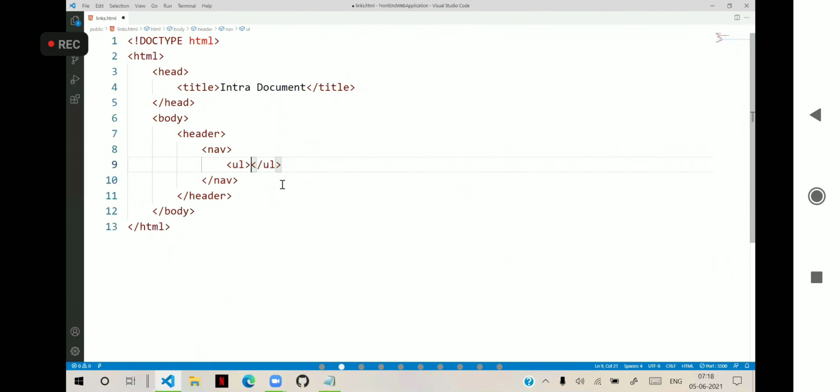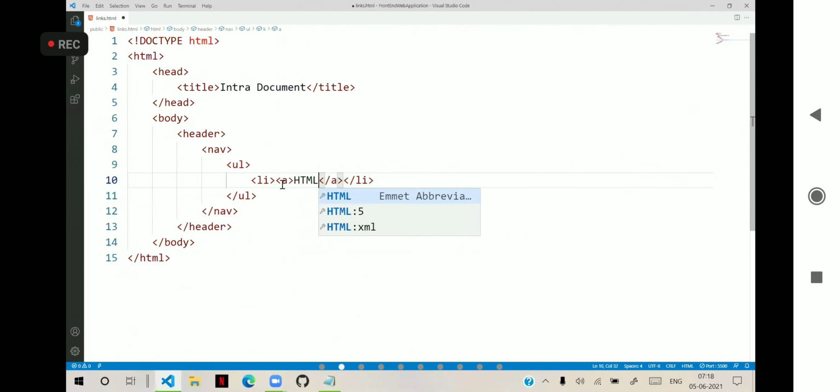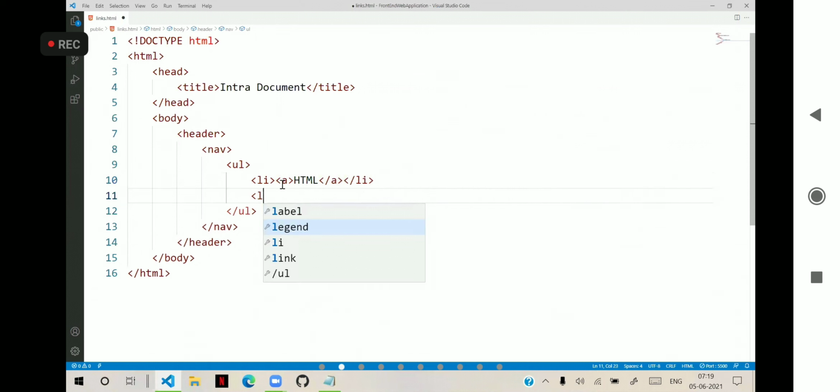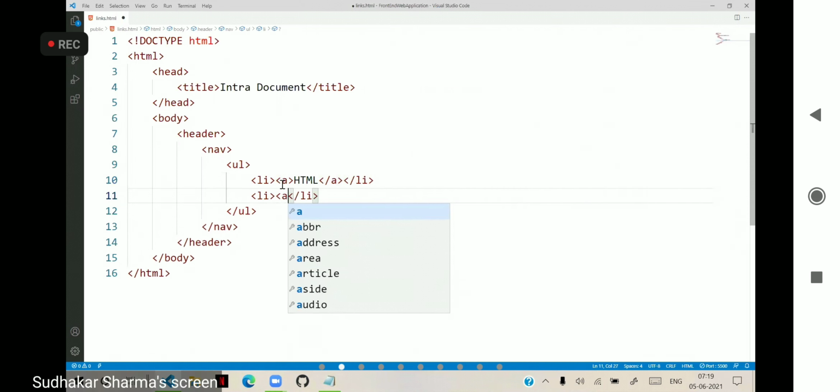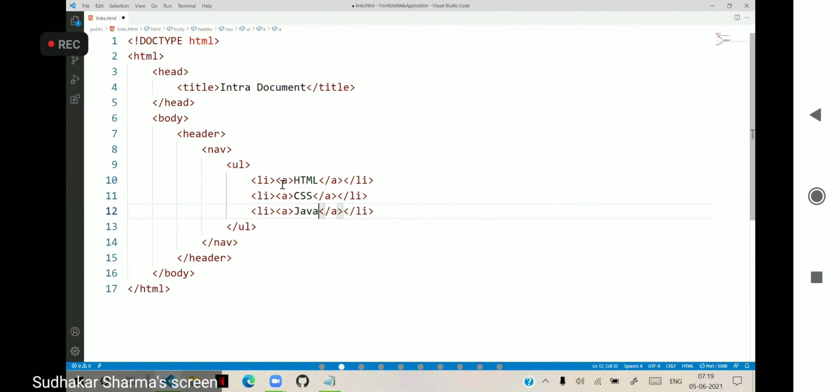So an anchor HTML, another list item with anchor CSS, another list item with anchor JavaScript.